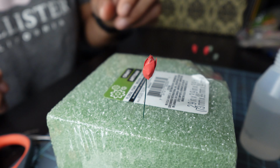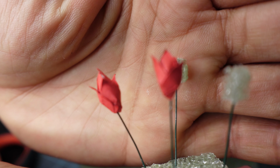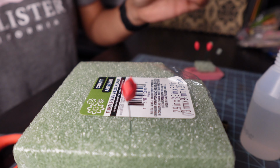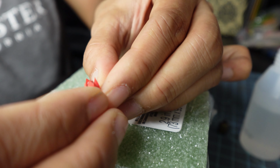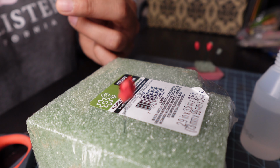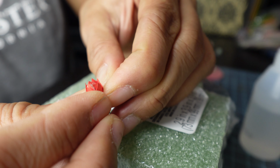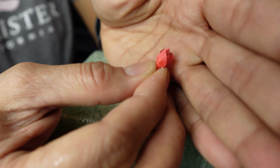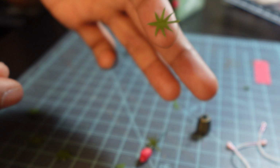If that makes sense. So I'm done here with the second layer. So that's what that looks like if you curl it. Now what I'm going to do here is make it a little bit fuller and go 1 more layer. And that 1 more layer is going to have another 3. So this flower here is going to have a total of 9 petals. Again, overlap it or stagger it, if that makes sense. Don't put it right on top of a petal in the same spot